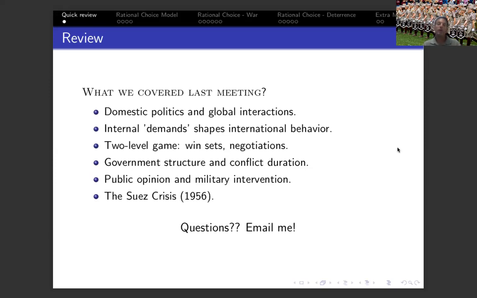The example I expanded on was the Suez Crisis in 1956, comparing the United States, the British, and the French response to this crisis, and showing how the different structure of the governments and the pressure from the public led to different decisions regarding the use of force, or different incentives to use force, which eventually wasn't really resolved because Israel helped all of those countries resolve their dilemma by engaging in the act themselves. If you have any more questions about these domestic politics aspects, you're more than welcome to email me and come talk to me during office hours, come virtually, of course.